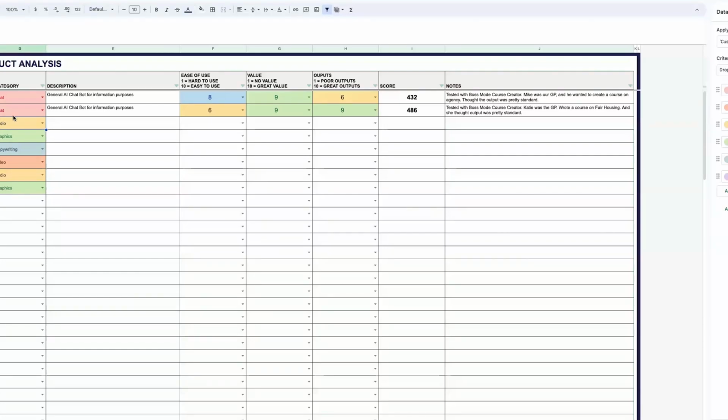So they'll fill all of this stuff out in this document, do their evaluations, and come back with a product score that gives us a way to compare to the other two. Then they'll add some notes, and we'll make a strategic decision. The score is roughly the same as Claude. It's a new platform, it doesn't provide a lot of value, but it gives great outputs and it's really easy to use, right?